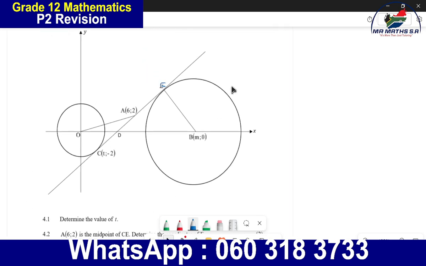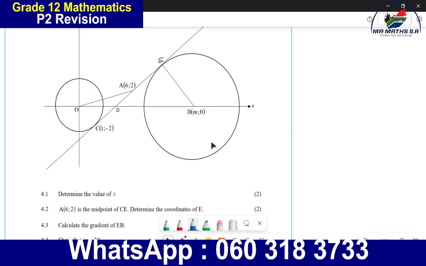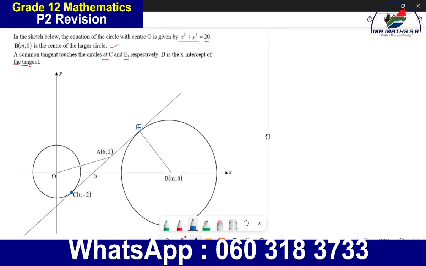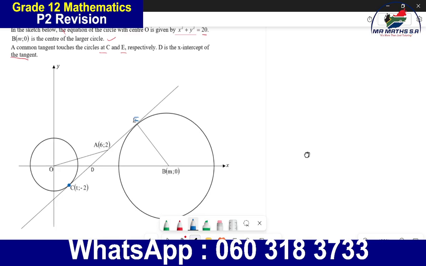So ut, we were given that equation. T is the x coordinate kwintoni kule point, point C, and point C is on the circumference of the smaller circle. So with the smaller circle sinayo equation ye smaller circle, which makes things much easier for us. So to answer that first question, since we have equation 4.1, the equation of the smaller circle as x squared plus y squared equals 20, so it's easy sisuke sisebenzise yona to get the values of T. So substitute the point C.